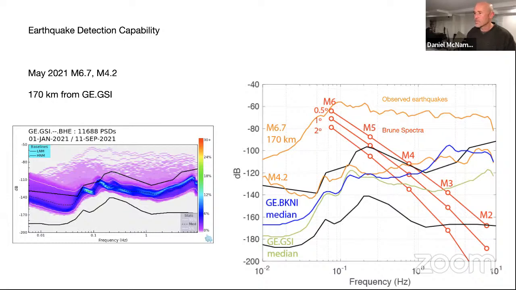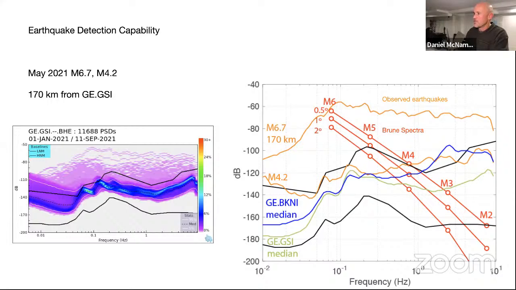And then the other orange line is a magnitude 4.2 that I showed in that same cluster. And then the blue line is the median noise level for BKNY, and the green line is the median noise level for GSI. So you can see that that magnitude 4.2 is sort of barely above the noise levels